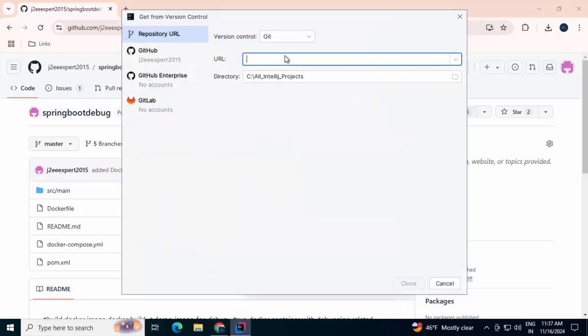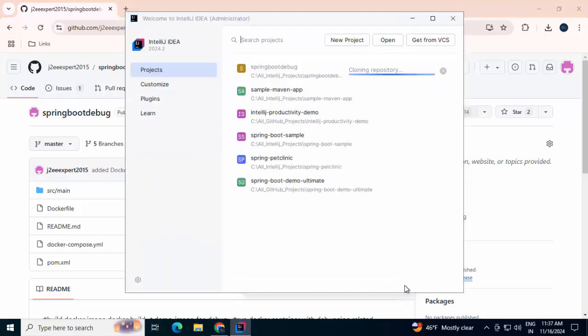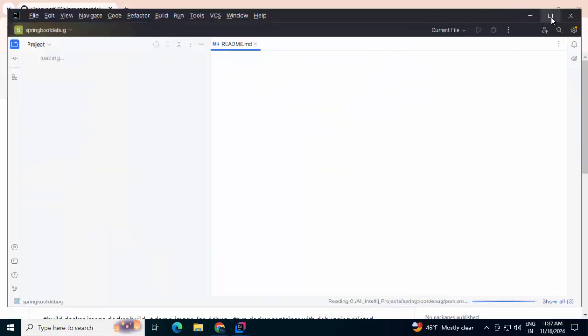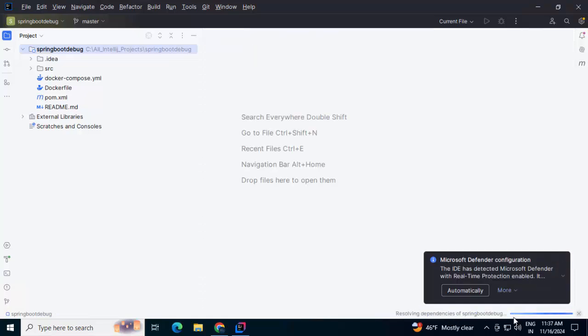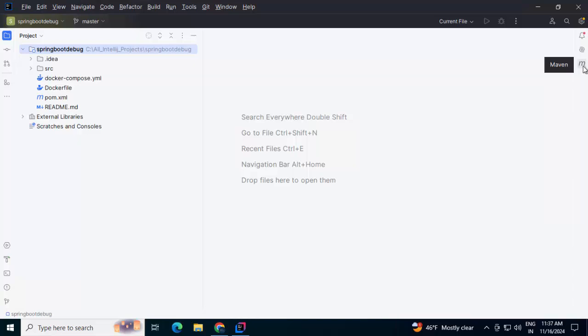URL copied. I'm putting it over here, clicking on clone. The cloning process is going on. Now it's opening the project. It's resolving the dependencies of this particular project now. Likewise, if it is a Maven project, IntelliJ IDEA would show you this Maven tool window, and under Maven tool